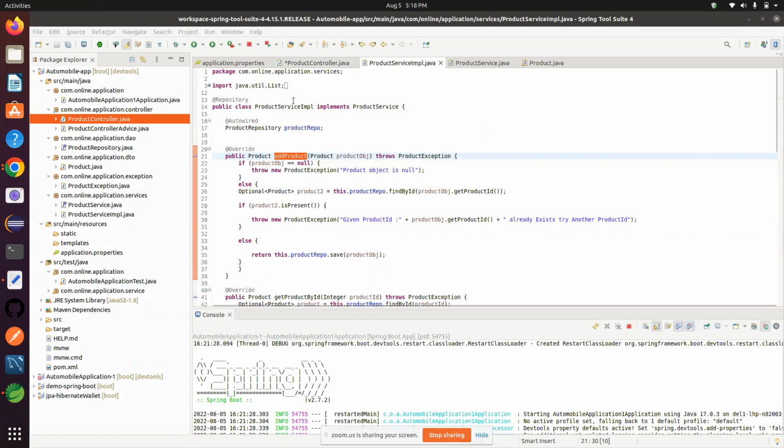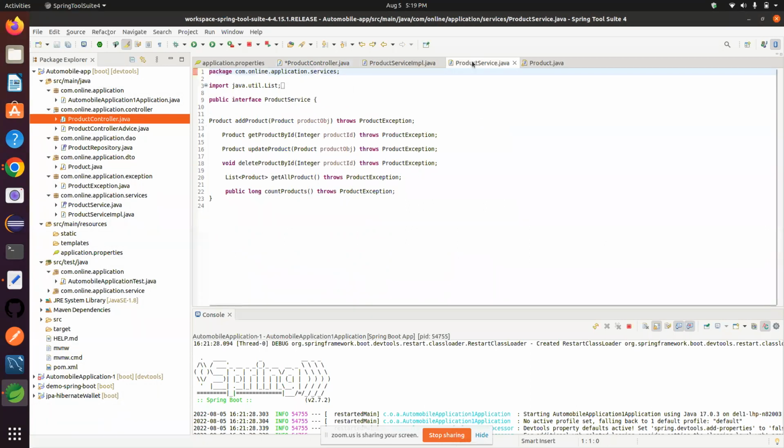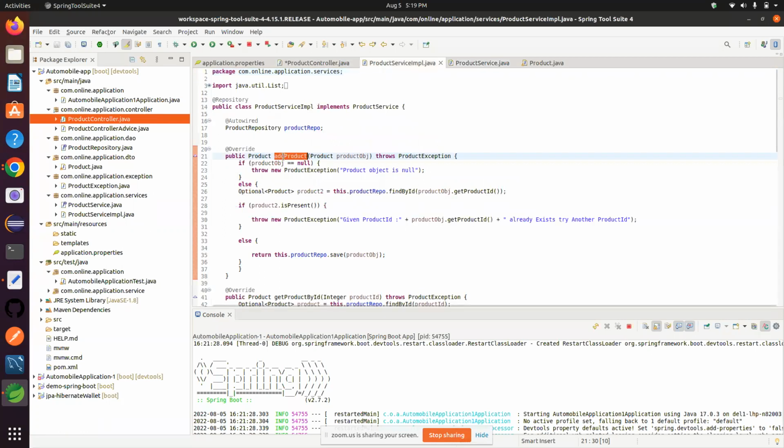This is the service implementation. Through this, we are using the service implementation of the product service. In this product service, we are using add, get, update, delete, list for getting all, and count. And here we are adding a product with the product object. If the product object is null, then it throws an exception.